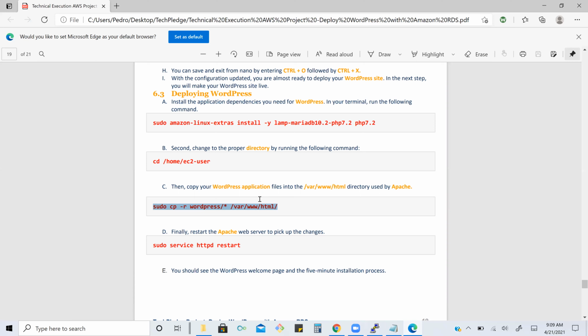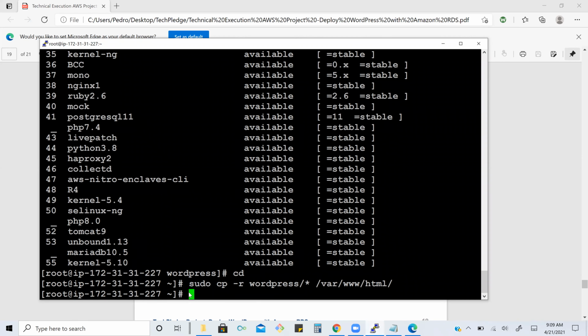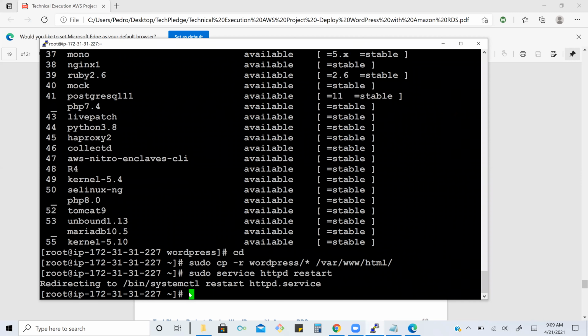Last command: sudo service httpd start. Enter. Yeah. Just copy, paste, and enter. Hit enter. All right, you are done. Just wait. Yeah, wait for a minute.